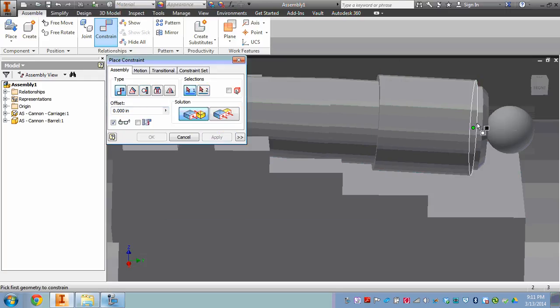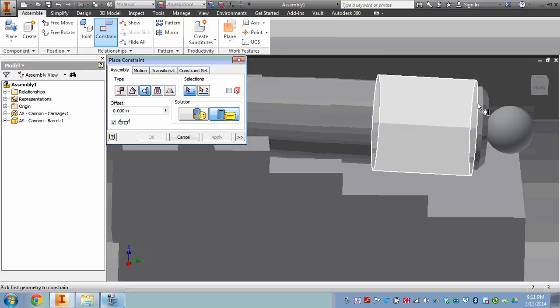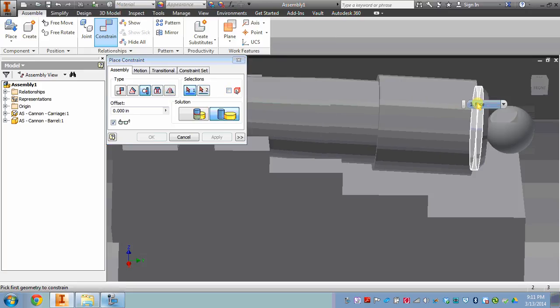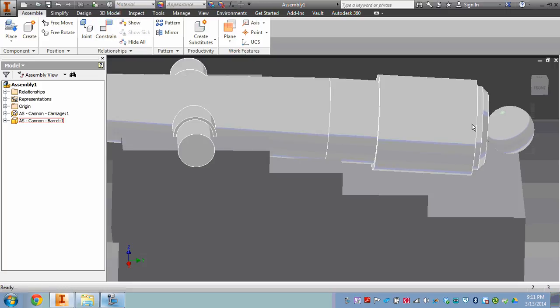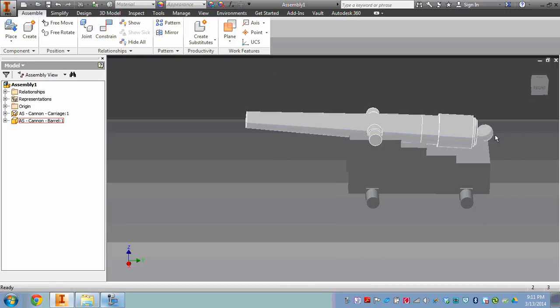So what we have to do, we actually have to select. Let's try this tangent. And I actually want to pick that ring. So I'm going to wait, hover over it, face, no. Maybe it won't let me. That's okay. What we'll end up doing is